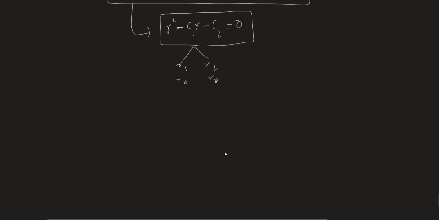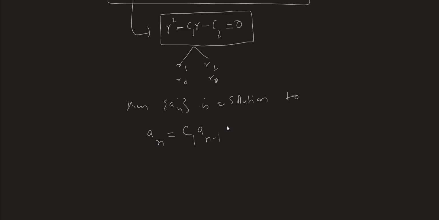Then according to this, the sequence an is a solution to the recurrence relation an is equal to C1 times an minus 1 plus C2 times an minus 2, if and only if,